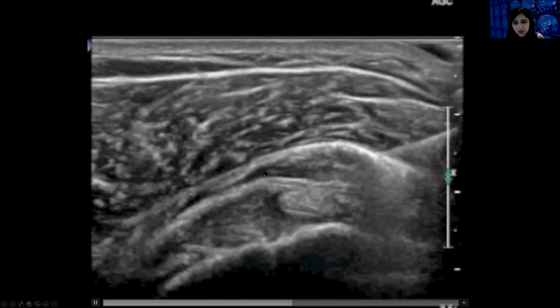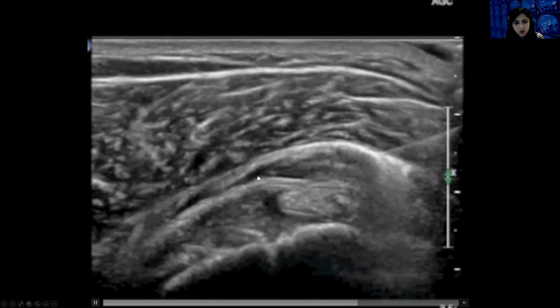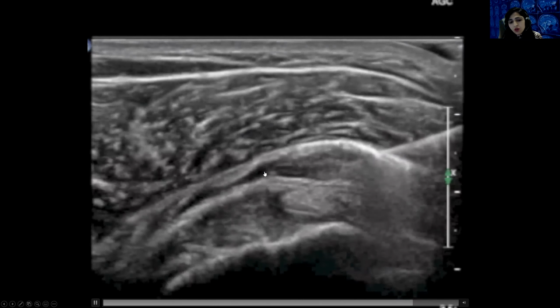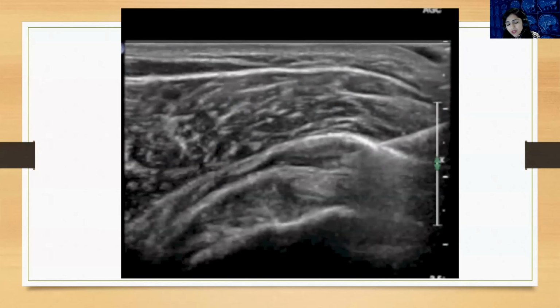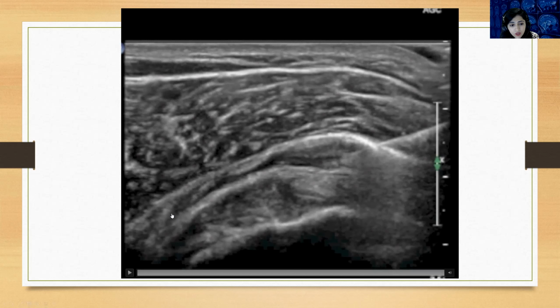This bursa is quite big. It's all along the greater and lesser tuberosity, because three of your rotator cuff tendons are attached at the greater tuberosity, and one of them, the subscapularis, is attached to the lesser tuberosity. So the bursa is going along all the tendons. So it's quite a big bursa. When you distend it with fluid, as you can see, the fluid is going all around.